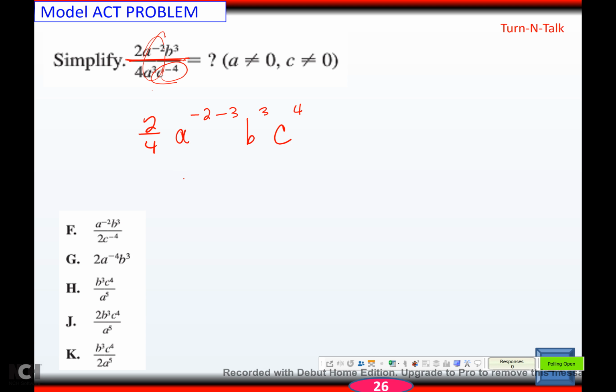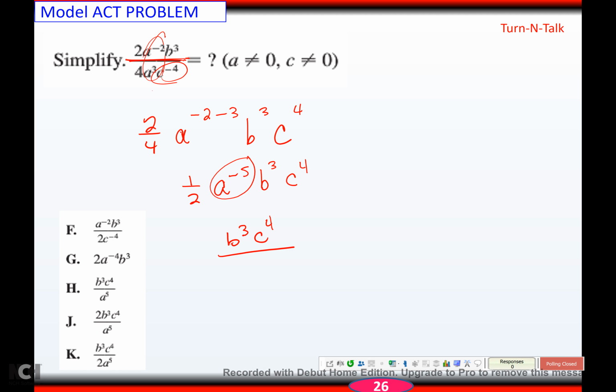Okay, so if I simplify, I get 1/2, a to the negative 5, b to the 3rd, c to the 4th. So anything with a positive exponent stays up top. So 1 and b cubed and c to the 4th are up top. Anything with a negative exponent or in the bottom stays in the bottom. So that's going to be 2, a to the 5th, which gives me